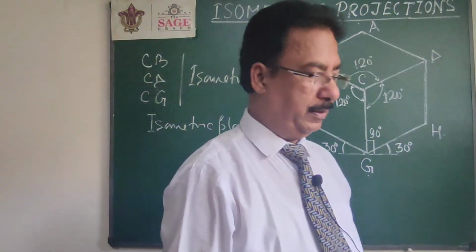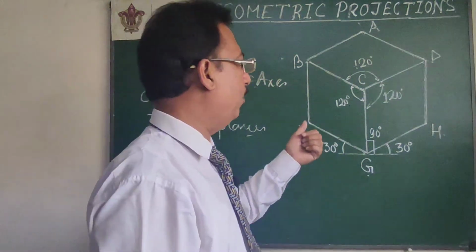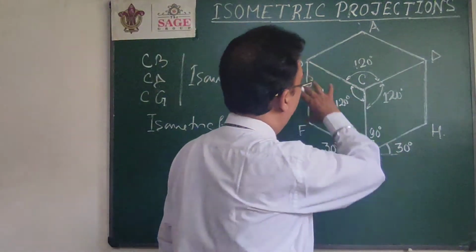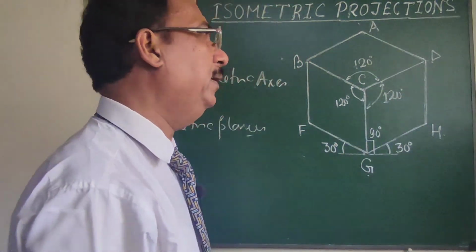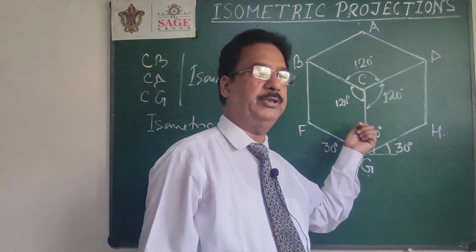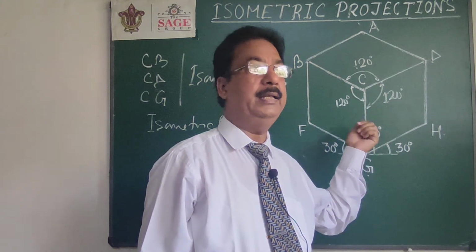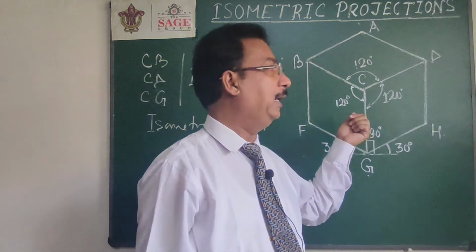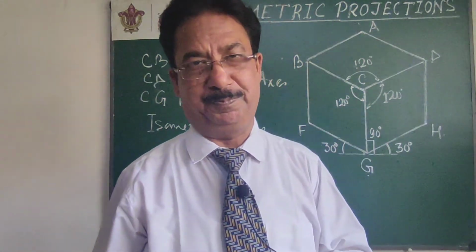And in actual, all the faces of the cube are squares. In isometric, they will look like a rhombus, and these three rhombuses are actually of the same size. If you look, the whole figure will be like a regular hexagon. What is the meaning of that? We started with orthographic projection. We have drawn the orthographic projection of this cube when the solid diagonal is perpendicular to VP. This is the front view, and in this figure all the edges are equally inclined to the VP, and all these three planes are also equally inclined to VP.